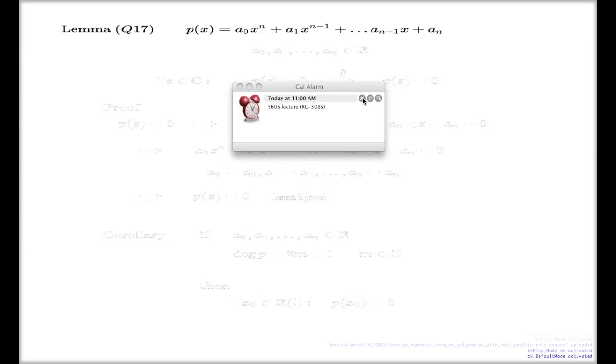So the question goes like this. Imagine you have a polynomial of degree n, and you know that this polynomial, unlike the general polynomial, this time has only real coefficients, like this. Question 17 and my lemma ask us to prove that if you have a solution, you do have a solution,